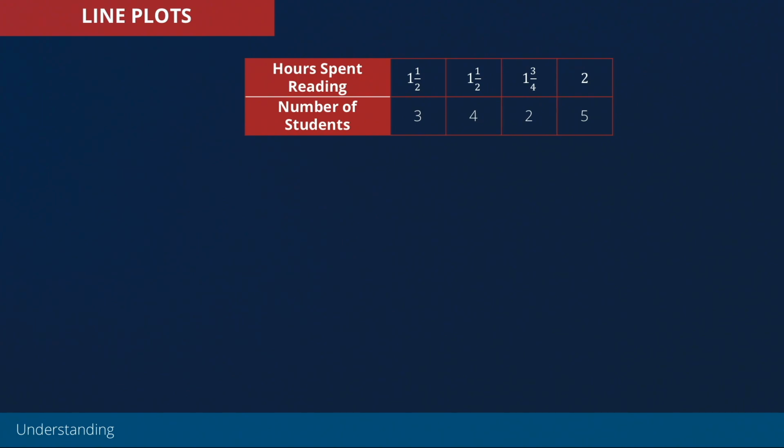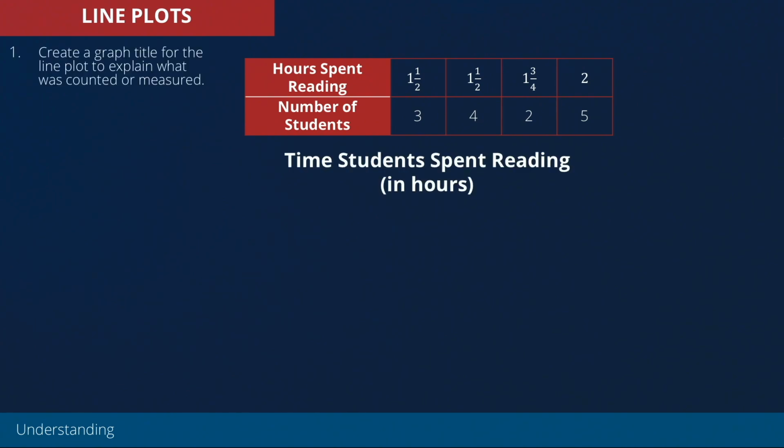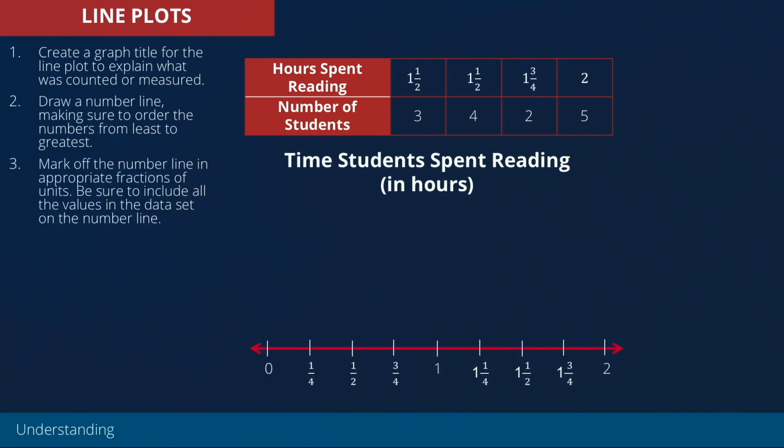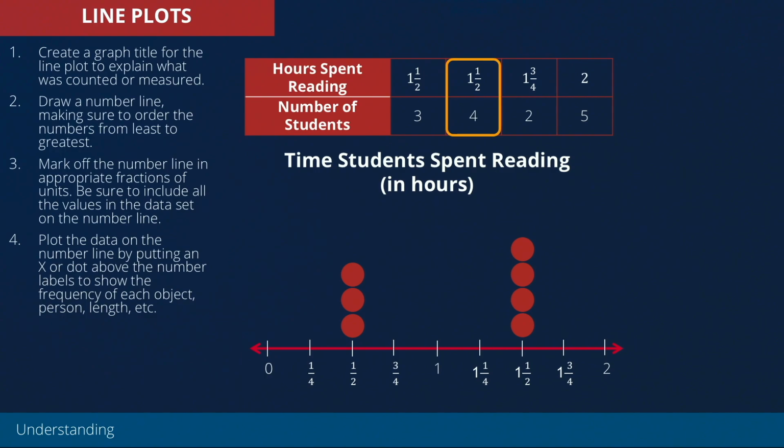Well, what about the hours spent reading and the number of students? I'll go ahead and put in my title, go ahead and put in my number line. What would be a good range for my number line? Well, I'll say from 0 to 1 and 1 to 2, and then divide that into fractional amounts. And then I'll go ahead and plot my data. Just as you see here, to create this line plot that represents the data of the number of hours that